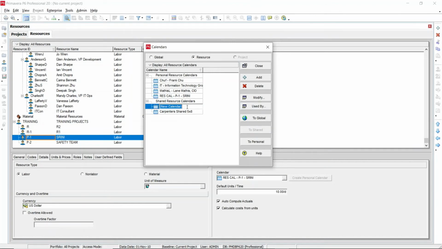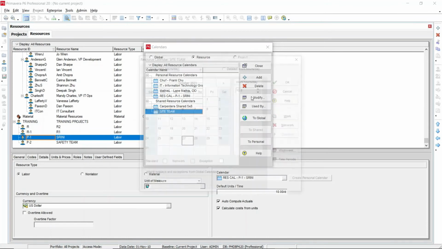Rename it for the resources you want to use this calendar for. Let's say this is for the site team, or the QAQC, or as per your requirement you can name the calendar. If you want to modify it again, you can click the modify button.